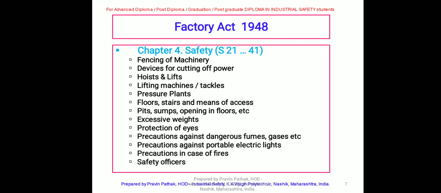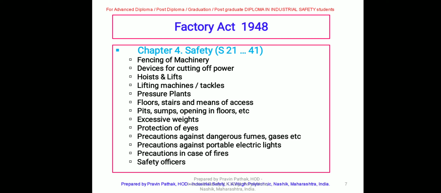So those are the 3 elements: health, safety, welfare. One chapter is on health, and now the second chapter is on safety. Chapter number 4 focuses on safety, and sections 21 to 41 are involved under the safety chapter. For example, some of the sections are fencing of machinery. So how to provide fencing, when to provide fencing, what guidelines are given, that is one of the